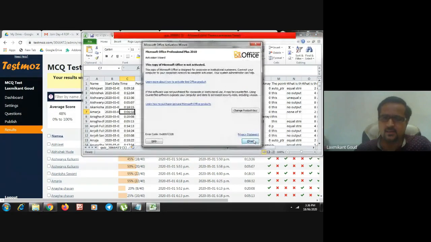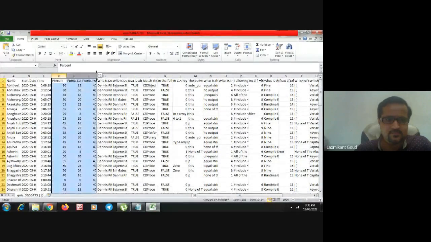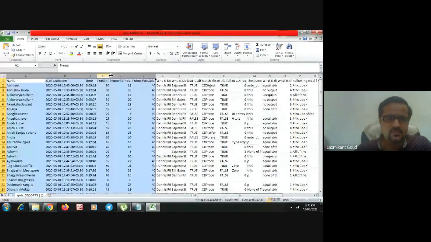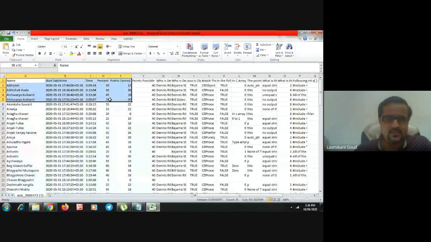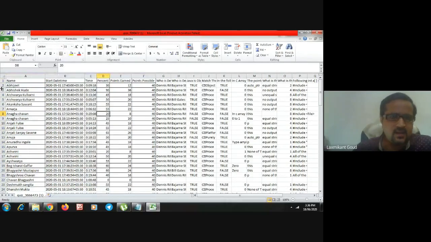here you can see all the students' names, date, time, the percentage of marks of students.